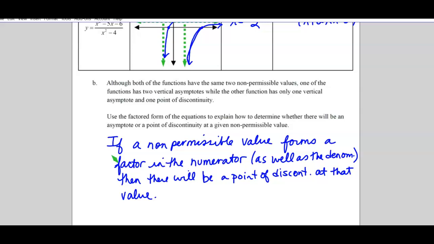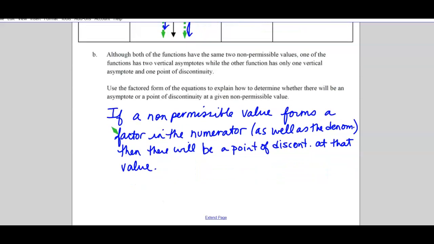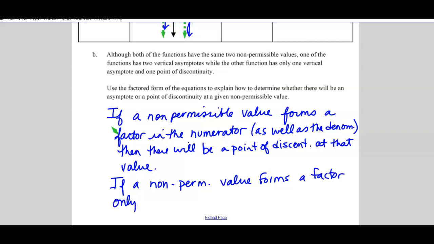And if it's not repeated, then it's just a vertical asymptote. Right? So I'll do the other part. If a non-permissible value forms a factor only in the denominator,